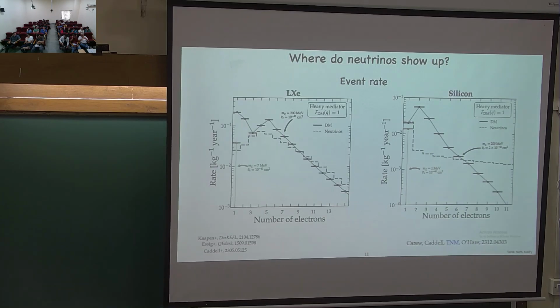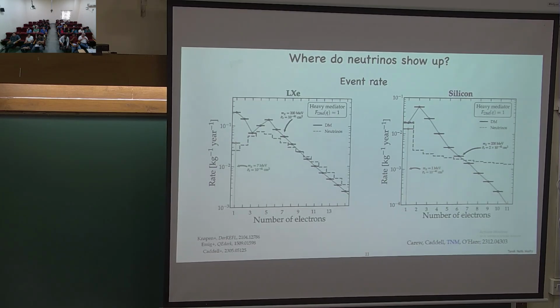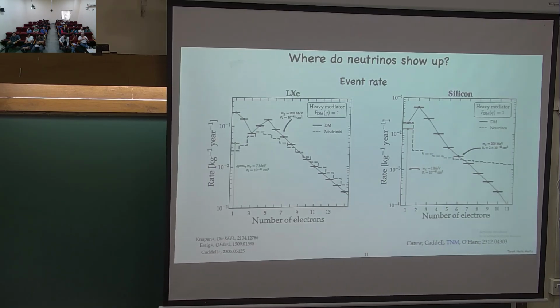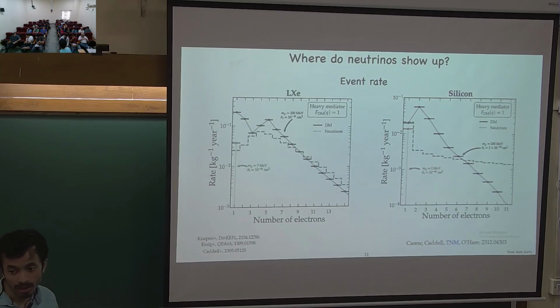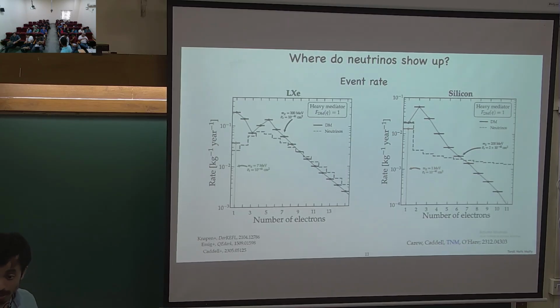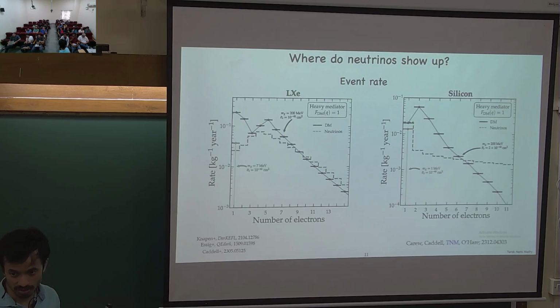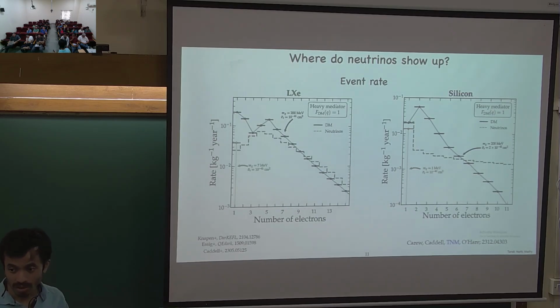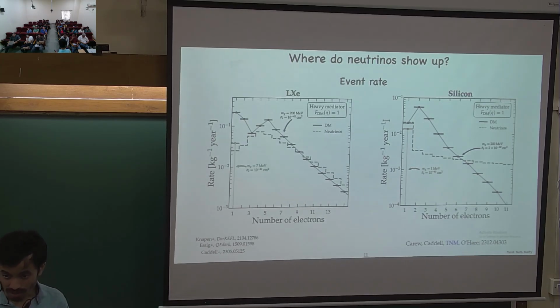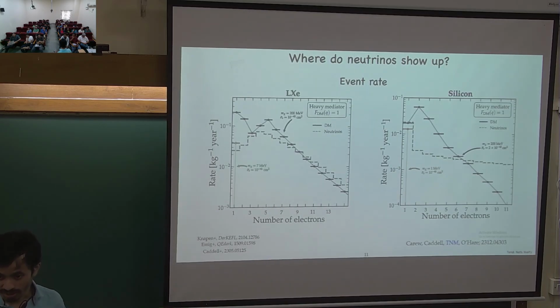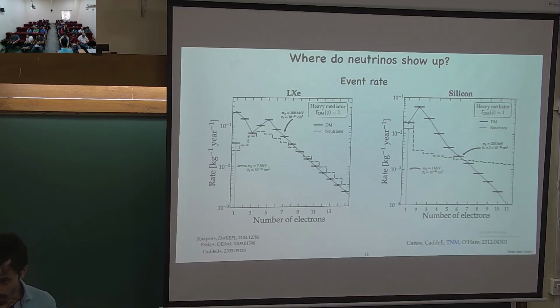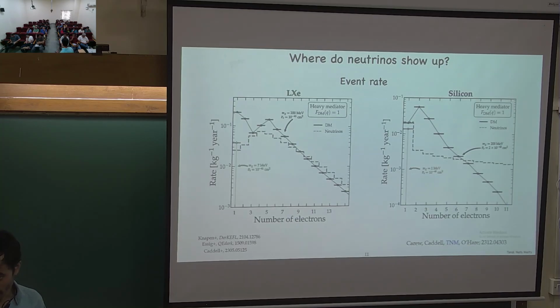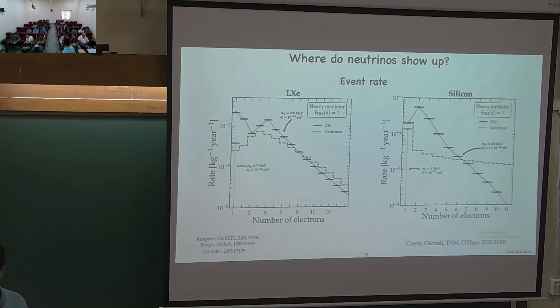You're not calculating a squared matrix element. Just looking at the shape, there will be some form factor. This business started around 2012 or so. Now people have tried to modify this ionization form factor depending on where the relativistic effects could be important and where the atomic effects could be important. These people have tried to take these things into account in the calculation.